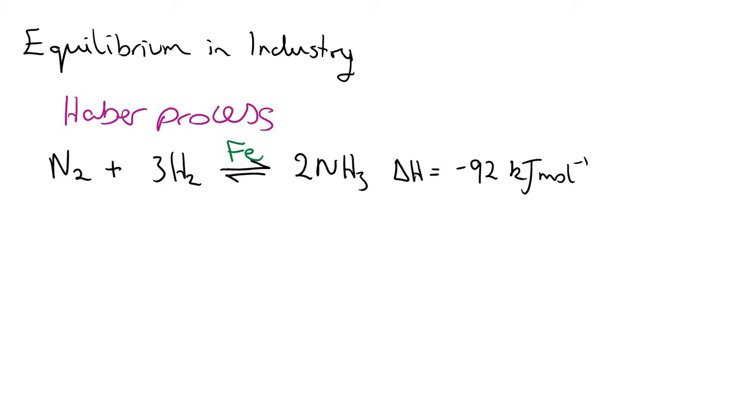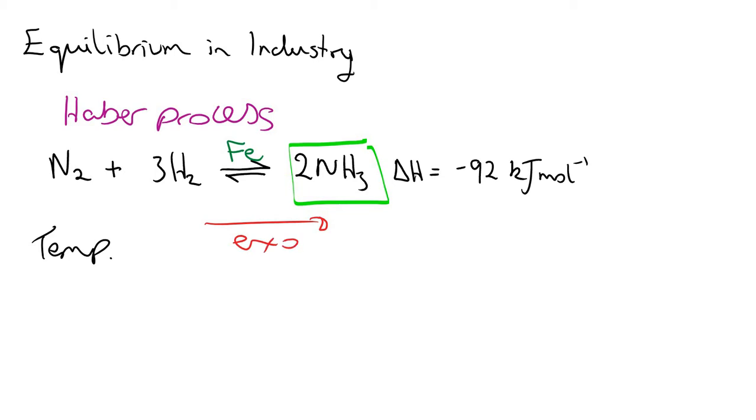What we're going to look at in this video is what conditions favour the production of ammonia to give the highest yield of ammonia. So looking at temperature to start with, we know that the forward reaction there is exothermic because the delta H is negative, minus 92 kilojoules per mole. So if I increase the temperature of this closed system, by Le Chatelier, the system is going to try and cool down, so it will favour the backwards reaction. Okay, so from an equilibrium point of view, we want a low temperature because a low temperature favours NH3 production,